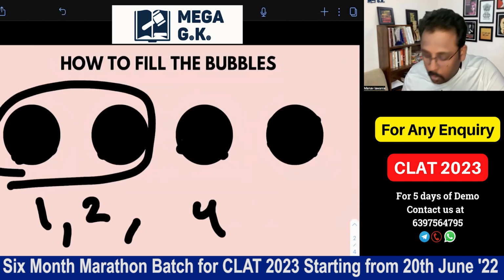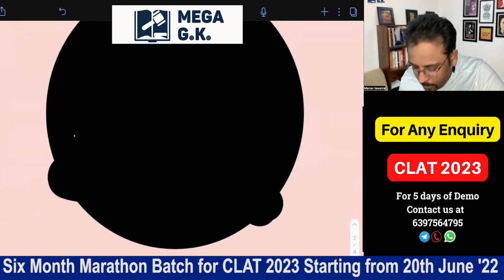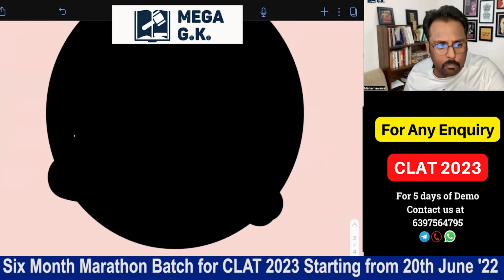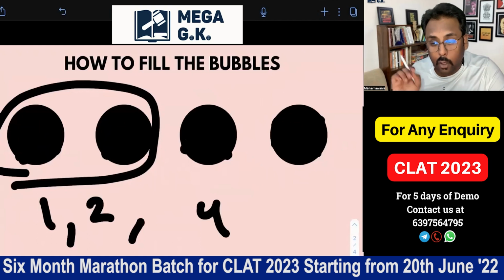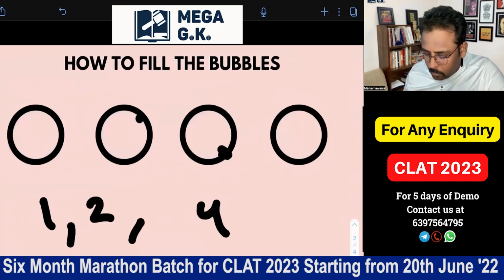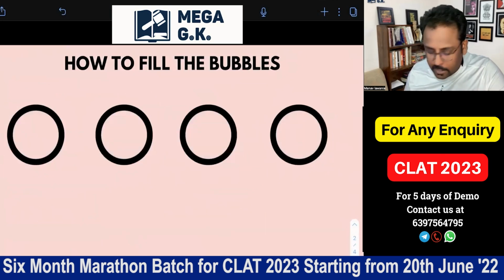Please try not to leave any pixel, okay? Not about this much, a small pixel, but please try not to leave a big pixel or big dot without filling in your bubble, because if you leave a pixel without filling it in your bubble, there are chances that the OMR scanning machine might not scan it, and then you will not get the marks of that bubble. Okay, so these are the 4 ways. You can see the video again, you can check the 4 ways.